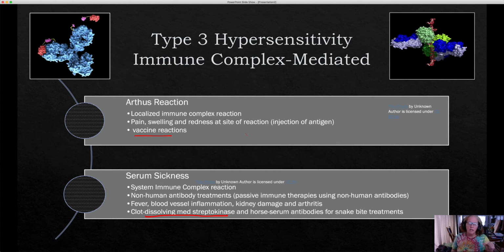rattlesnake toxin and inject very small amounts of it into a horse. The horse will develop antibodies against it. They then take blood samples from the horse, extract the snakebite antibodies from it, and that becomes the antitoxin. That's the antitoxin that's given for snake bites. This is an incredibly expensive, laborious, very intense process to produce that, which is why snakebite antivenom is difficult to come by. It's usually regulated by the CDC, although some